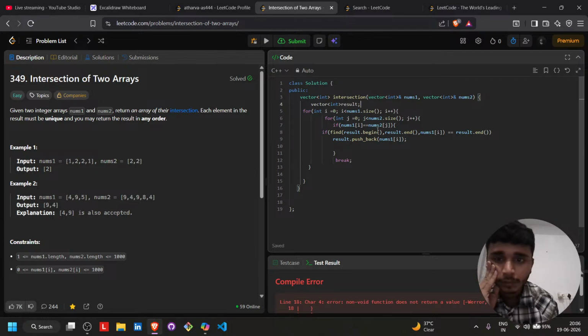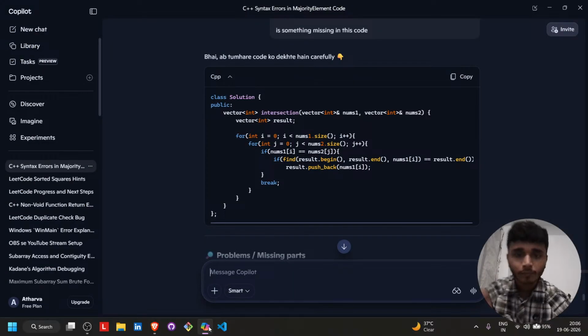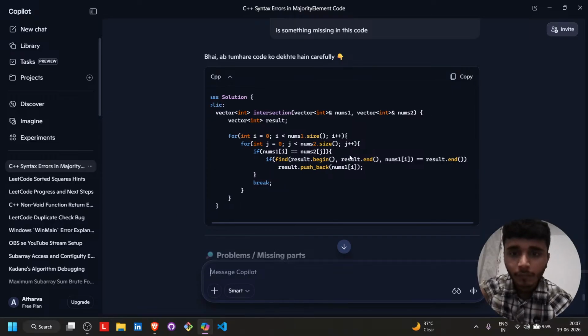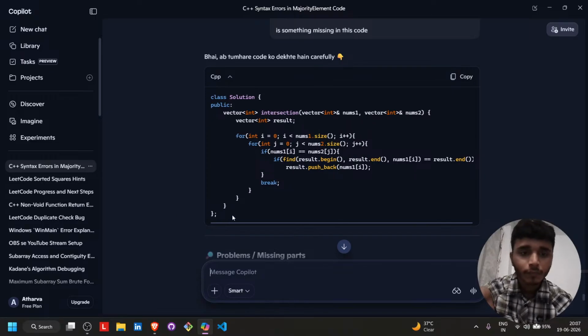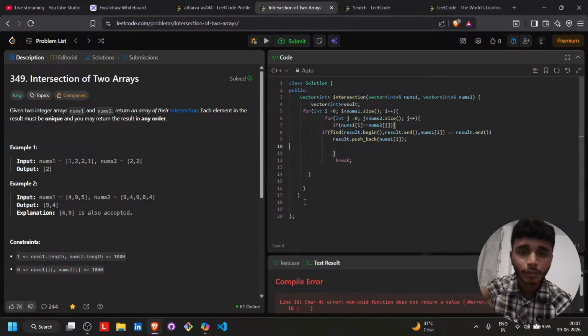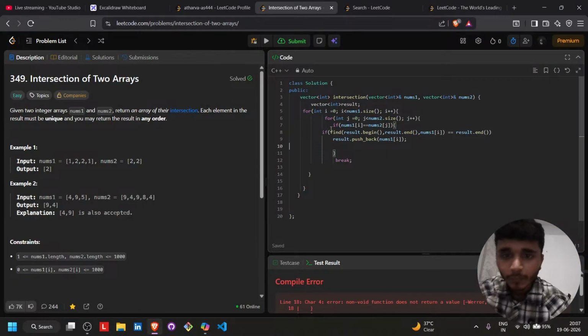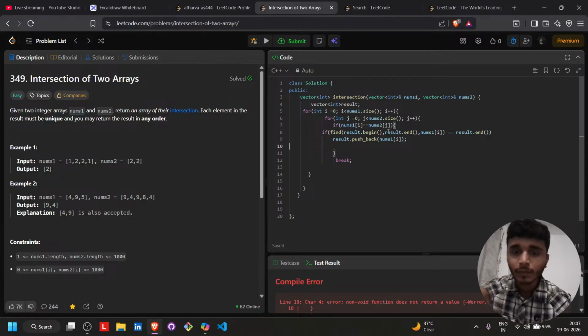This outer loop goes here, for the inner loop. One, two, three, four. This was the outer loop. Open curly braces here, again opening braces here. This closes the